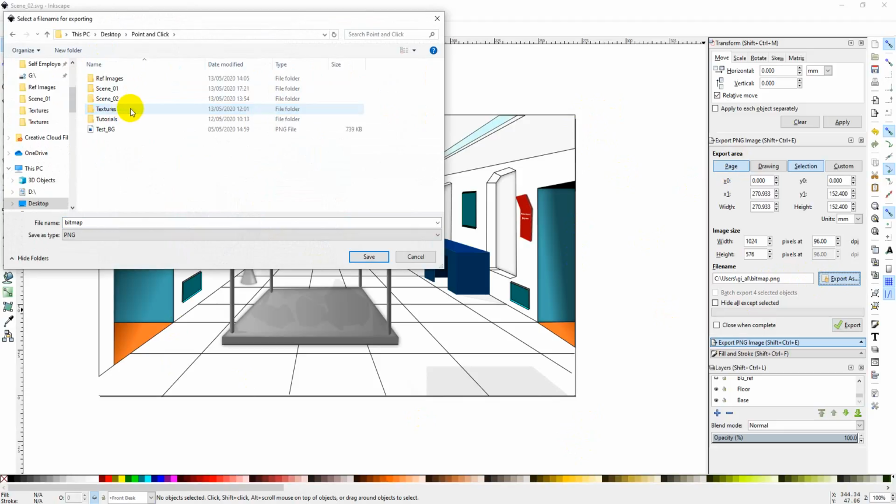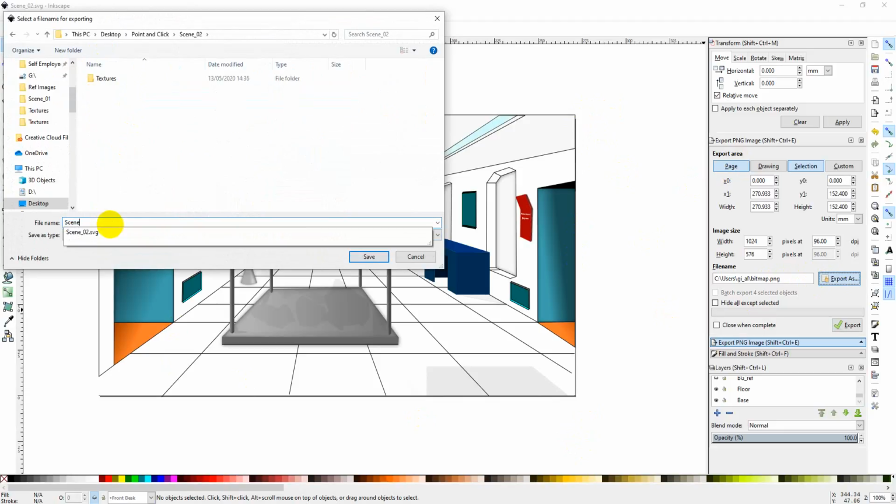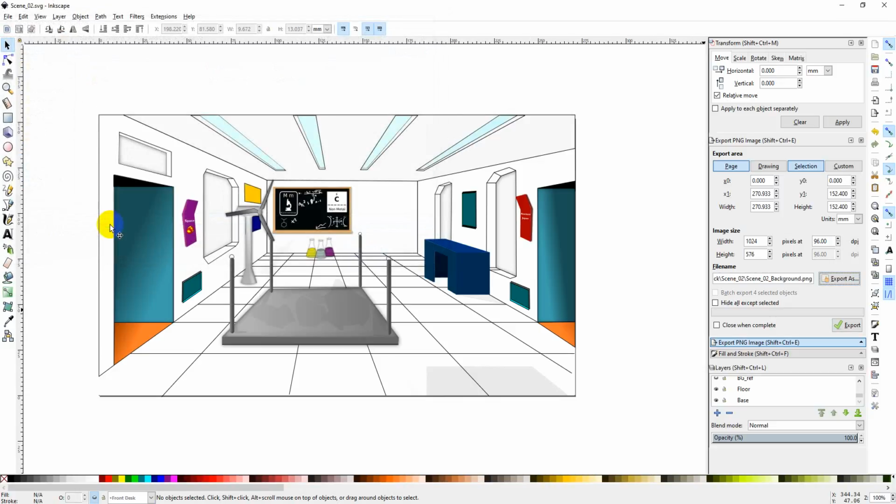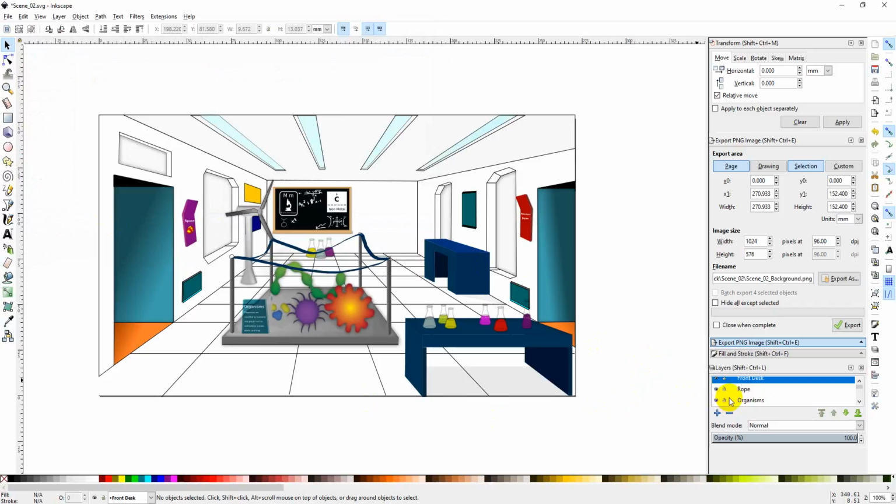I'll make sure I'm choosing a name, so scene 2. So I'm going to call this scene 02 background. Save. Okay. Brilliant. Now, what I can do as well, so that I can create a thumbnail basically for my